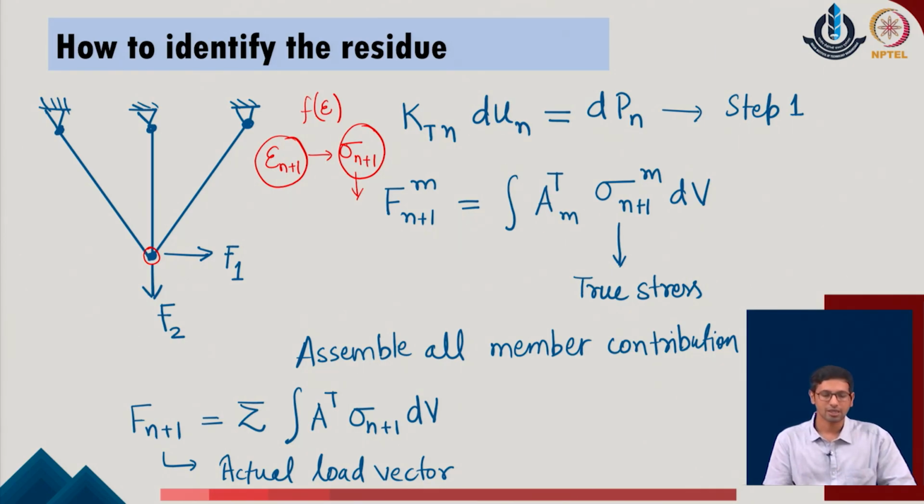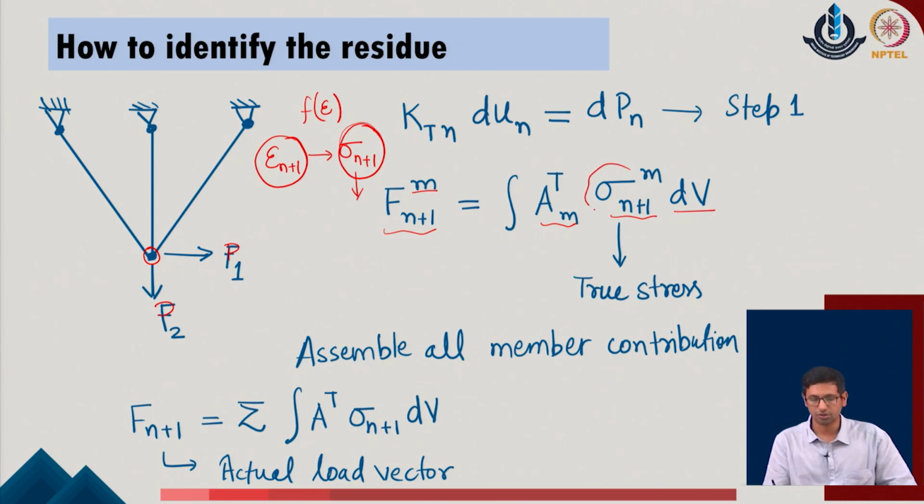So, the understanding is that we applied a certain load, say F1 and F2, in the given system, or rather, not to confuse it with the representation which we have given later on, say I apply the load as P1 and P2 in the given system. As I apply the initial load after the increment as P1 and P2, after doing the nonlinear analysis, I calculate that the internal stress in the member happens to be sigma n plus 1, corresponding to which, as we do for the force evaluation, the force in any given member is A of m, sigma n plus 1, into the volume integral of the given system.